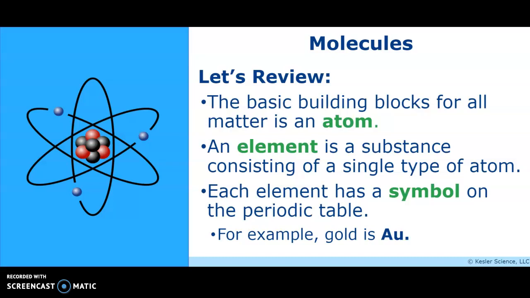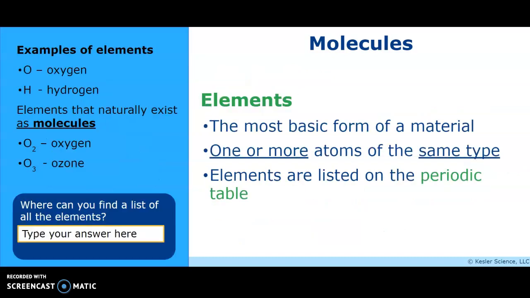So the building block for all matter is an atom. An element is a substance consisting of a single type of atom, and each element has a symbol on the periodic table. Okay, so there's elements. That would be just a single letter or a single chemical symbol. But a lot of elements exist as molecules. So if you see here,